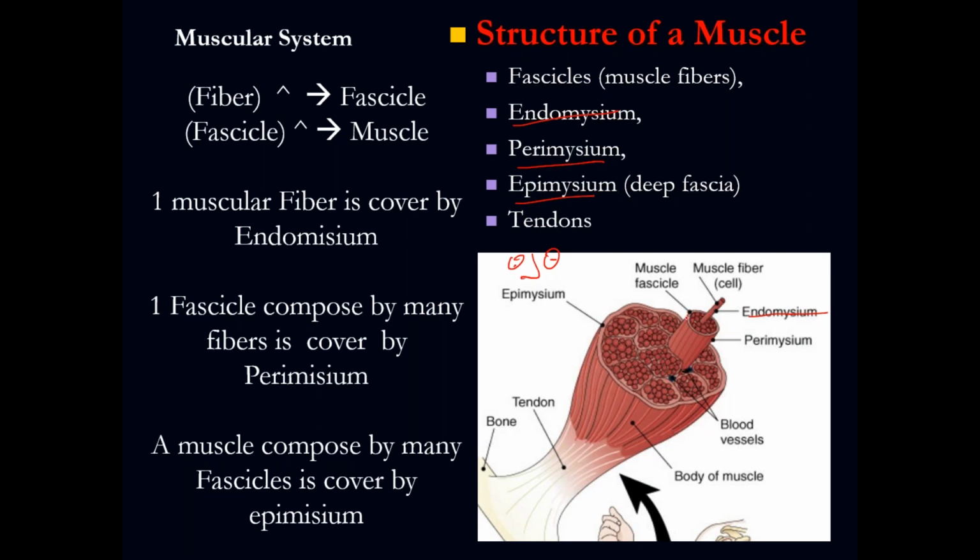But what if we cover the fascicle with a membrane, like a plastic bag all around? That is called the perimysium. Now we have many perimysiums here, right? Fascicles all over. These fascicles together are going to be wrapped with a membrane that is called the epimysium. So this endomysium is going to make projections and send them to the tendon. Each fiber is going to send the endomysium to the tendon. Each fascicle is going to send the perimysium to the tendon.